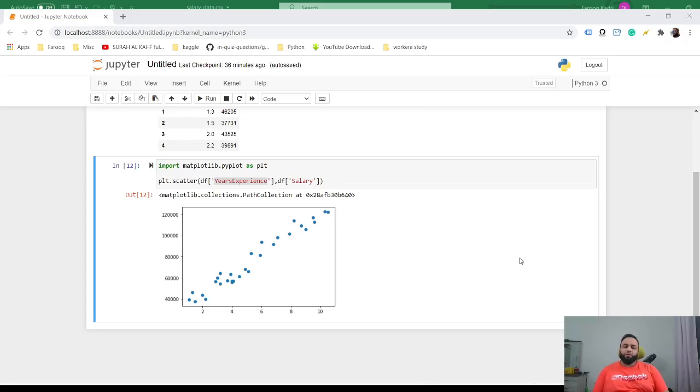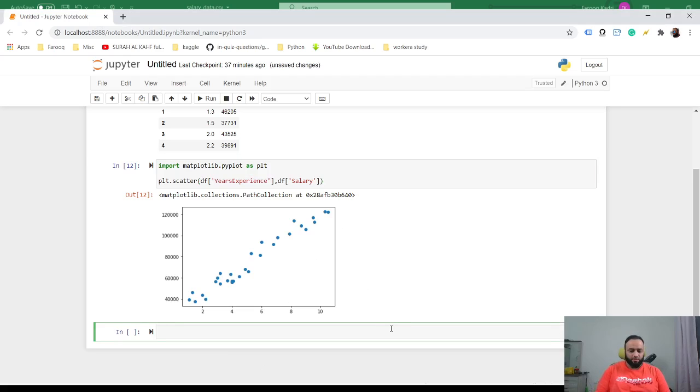Okay, so now that we visualize this and we know that we want to probably use a linear model for this because it has a linear relationship. Next, what we need to do is take this data and load it as an x and y variable, because as of now it's in the df data frame, right? So how we do that is